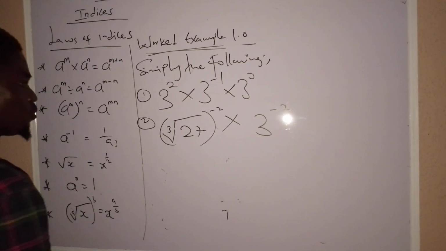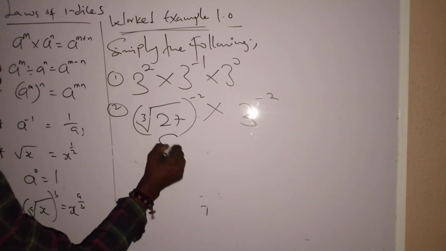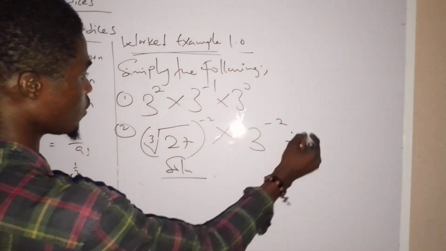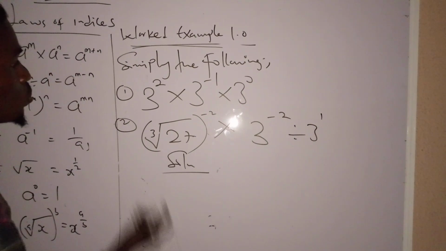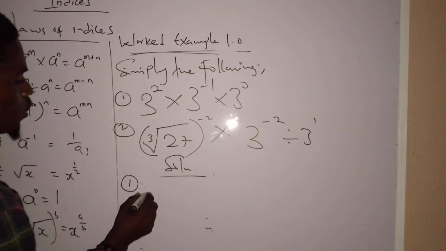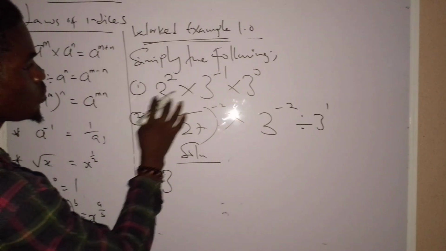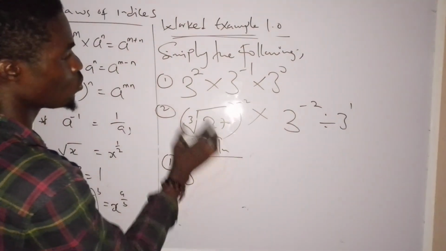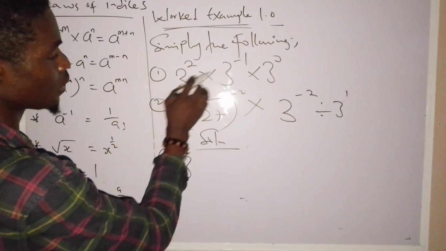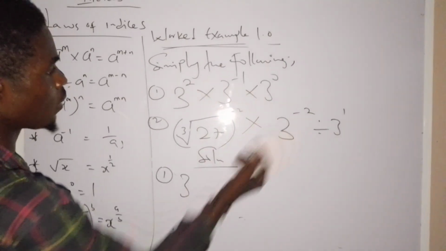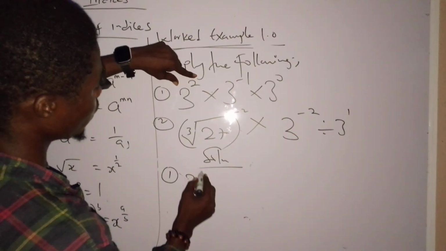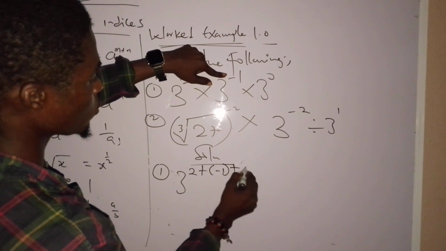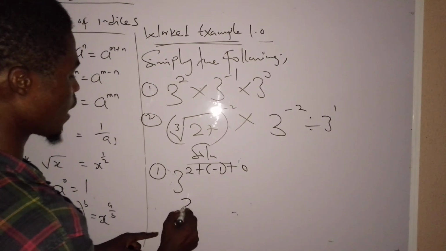So let's solve this problem. Solution, divided by 3 raised to power 1. Let's solve the first one. This base is common, right? So pick one of it. When the bases are the same, the times changes to plus, and it affects the power. Then the power becomes 2 plus bracket minus 1 plus 0. So that's 3 raised to power